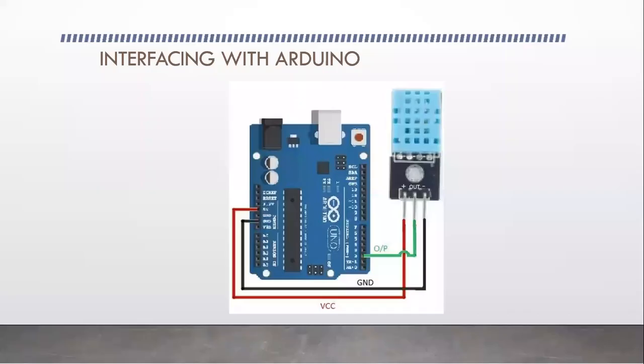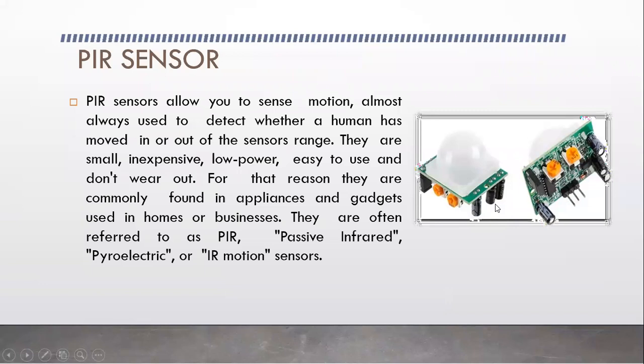Okay. So next, coming to the other sensors. So this is a PIR sensor, that is passive infrared sensor. So what is the importance of this sensor, guys? When you have gone into shopping malls or theaters or multiplexes, some expensive places, you might have seen automatic door opening, right? So how is this happening? When you enter there and it detects a motion, the door is opened, right?